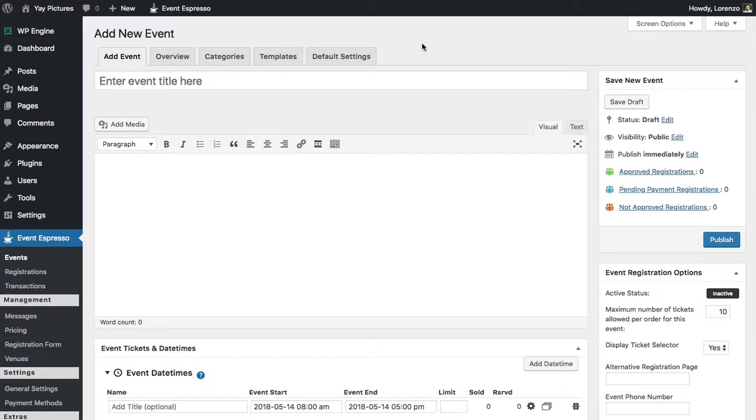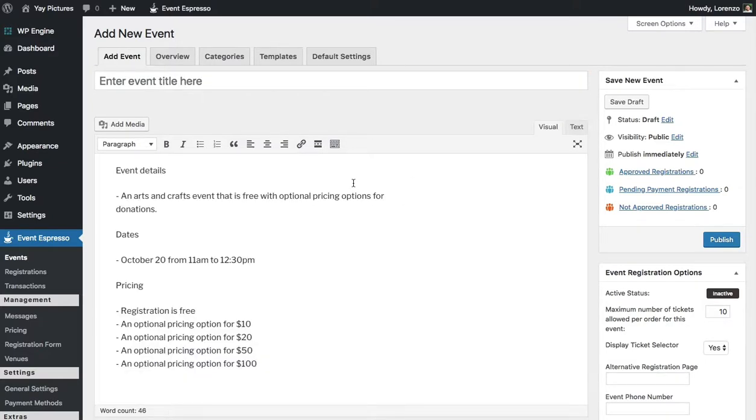So let's get started. I'll go ahead and drop in some event details, and this is kind of like a roadmap for the event that we'll create. So we'll create an arts and crafts event that is free, and then it has optional pricing options for donations. So if you were a PTA or maybe a nonprofit, this would be the kind of event that could help